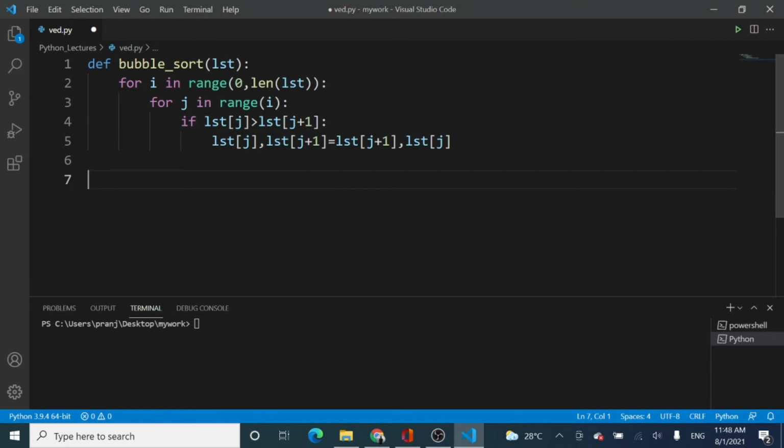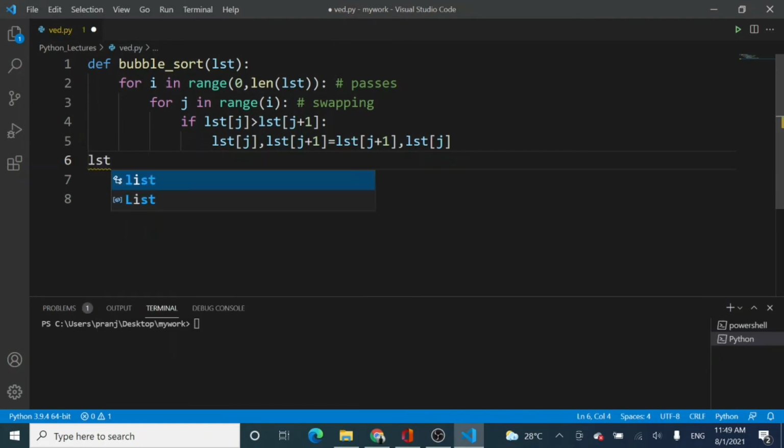See, this is for your passes, and this one is traversing the complete list for the swapping purpose, right? So if this condition happens, that the adjacent elements are not in sorted order, then you swap the two elements. Now that is the complete example, a program for your bubble sort. So that was that easy.